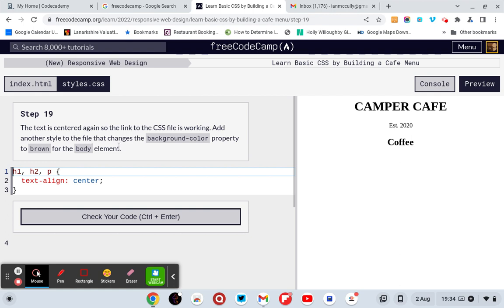Add another style to the file that changes the background property to brown for the body element. So in CSS,